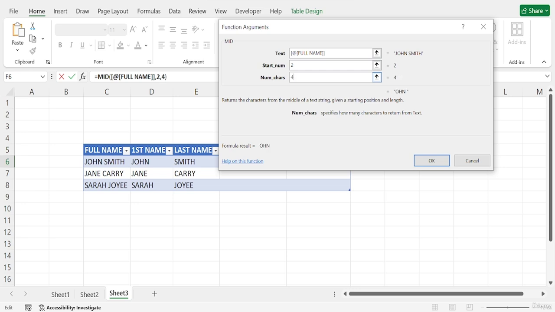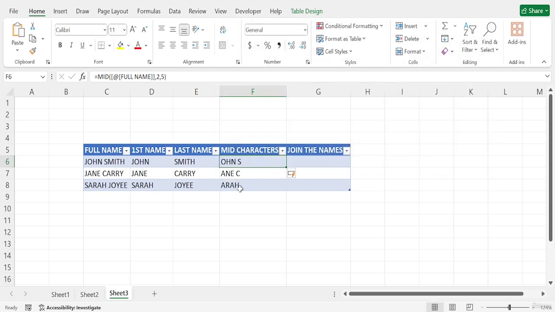If I press OK, as you can see, it gives me the result of the middle characters of these full names.